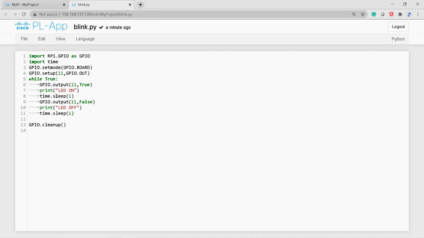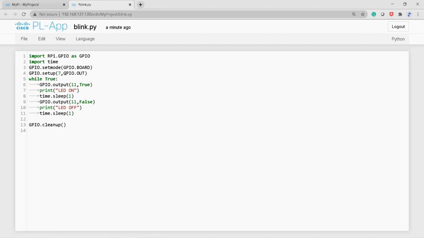Okay, and GPIO.setmode, here I have to initialize the mode of working. So GPIO.BOARD, here I am using the board numbering. So .BOARD is my attribute, using this reference which you have created here. And GPIO.setup of 11, you can change this into 7 also, because any normal pin you can give it. So 7 is going to be my output pin through which the power is going to supply to the board.